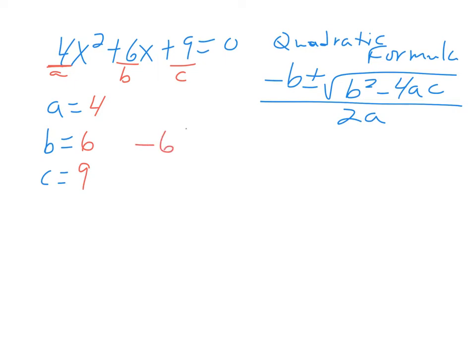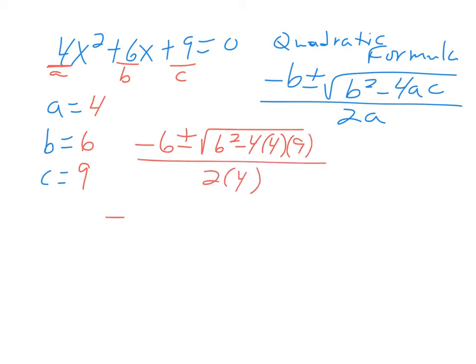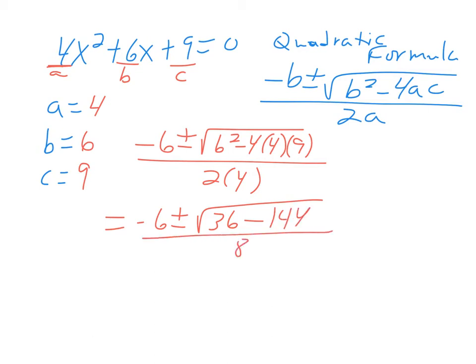So I have negative 6 plus or minus the square root of 6 squared minus 4 times 4, because that's my A. My C is 9. All over 2 times 4. So that equals negative 6 plus or minus the square root of 36 minus, let's see, 144, all over 8. So we have negative 6 plus or minus the square root of negative 108 all over 8, which then gives me